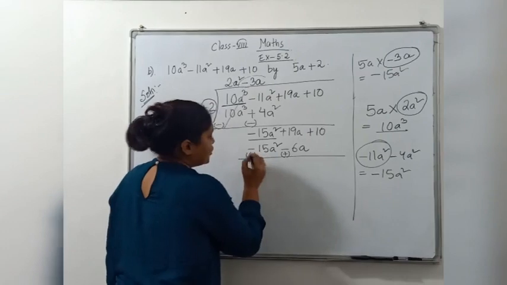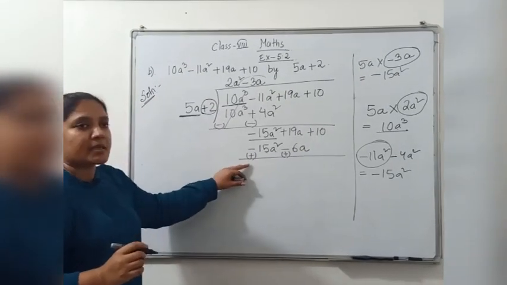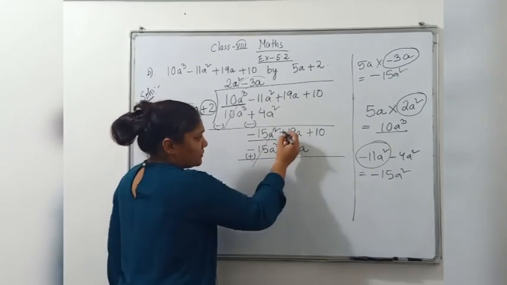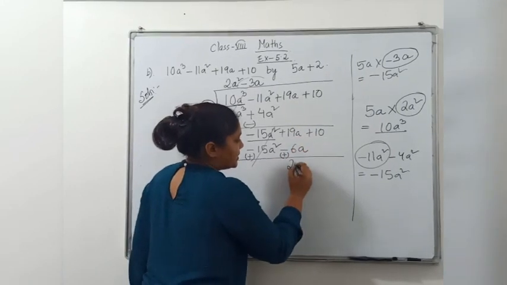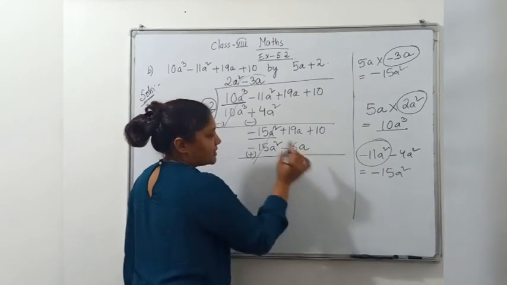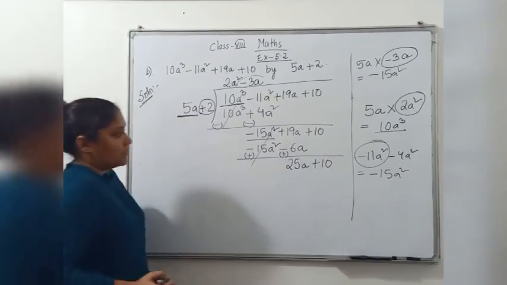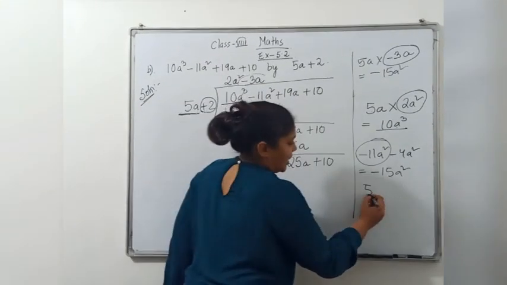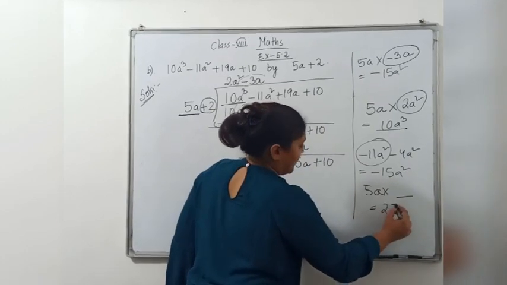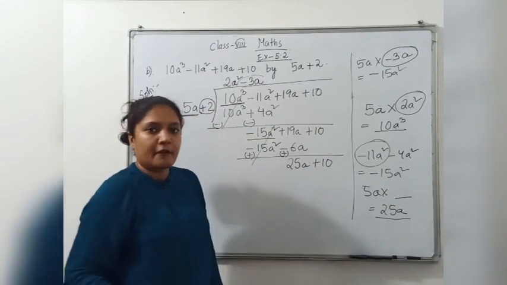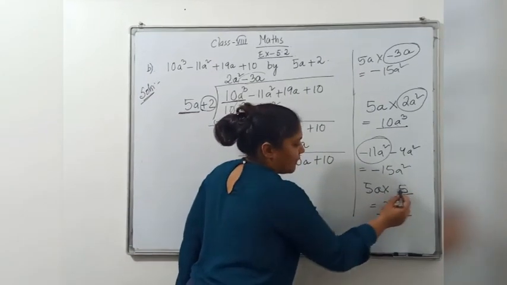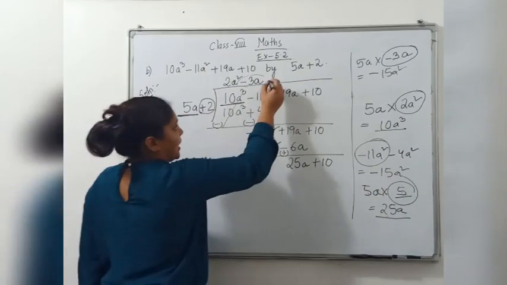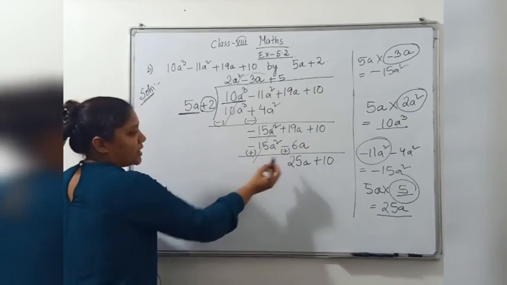So, before subtraction, we have to change the sign. If it is minus, we have to bring plus, and if it is plus, we have to bring minus. So, now minus and plus, same number cancel. Plus 19 plus 6, 25a. Plus 25a, bigger has plus sign, then 10. Now what number do we want again? Our first number is 5a. Now what number should we multiply with so that we get 25a? 5 5s are 25a. So what number are you going to put here? Plus 5. Why plus sign? Because here it is plus sign.